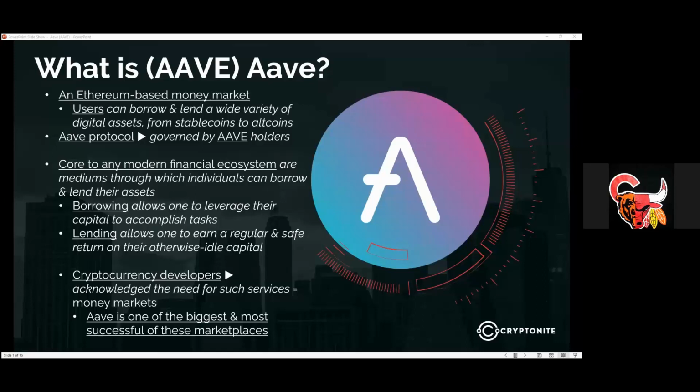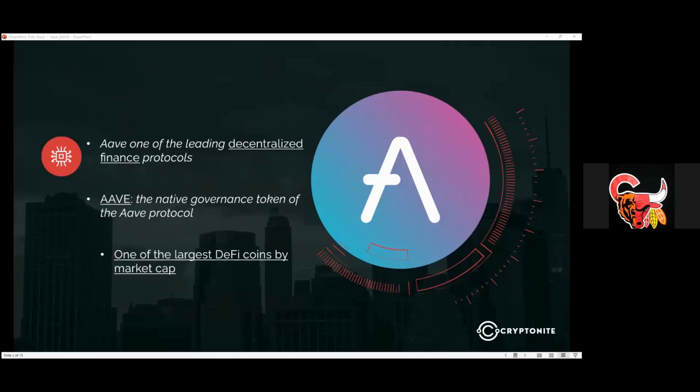What is Aave, and can you give us a synopsis of their project? Aave is an Ethereum-based money market. Basically, users can come and they can borrow money or borrow different coins. They can also lend different coins if they have coins that they are wanting to lend to others. They can do so and make, of course, some interest. So Aave has been really at the heart and one of the top DeFi projects out there. Aave is their governance token and their main token, and everybody calls it Aave. And it's one of the largest DeFi coins by market cap.